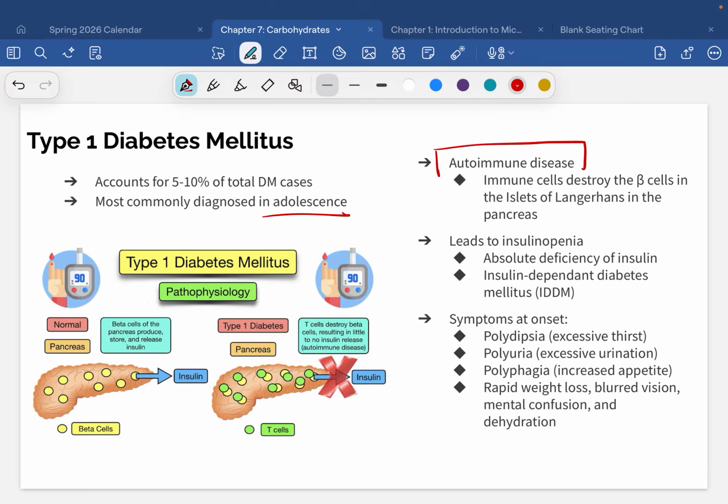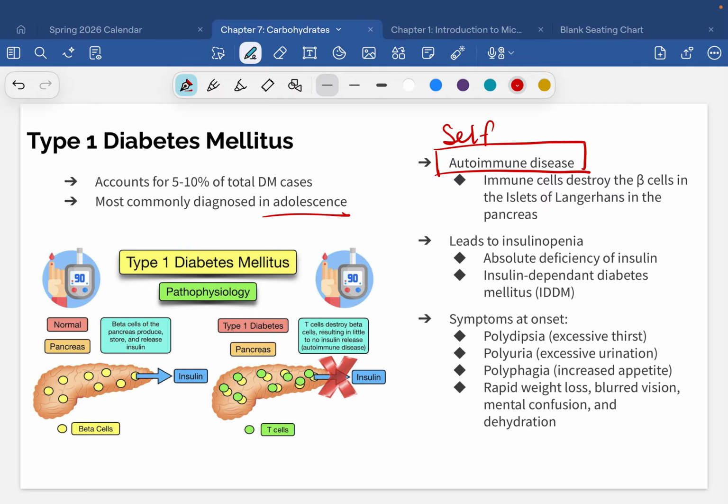And what an autoimmune disease is in general, if you don't know, that prefix auto is going to mean self. So an autoimmune disease is basically when your own immune system attacks something in your body. And there's lots of different types of autoimmune diseases, things like lupus, celiac disease, Crohn's disease, and colitis. There's lots and lots of different autoimmune diseases. And diabetes mellitus type 1 is an autoimmune disease.